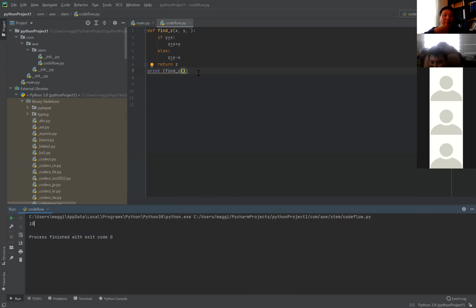I think you made one mistake here. The first mistake is in the find z. You see, it has the x and the y, right? The comma after y is not necessary. Okay, delete it. And then on line 7,